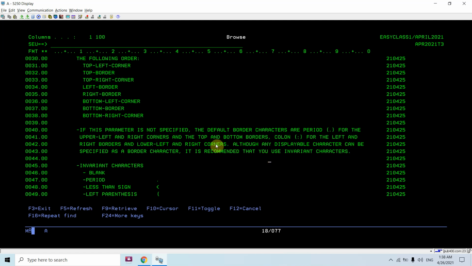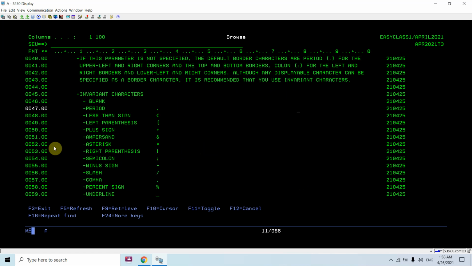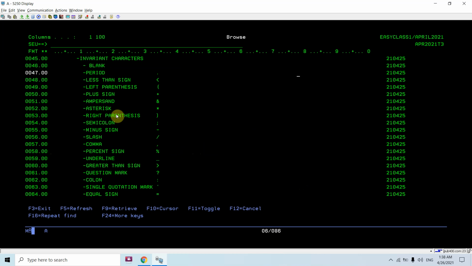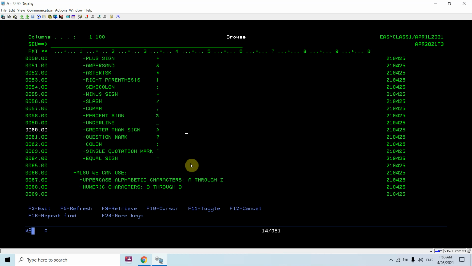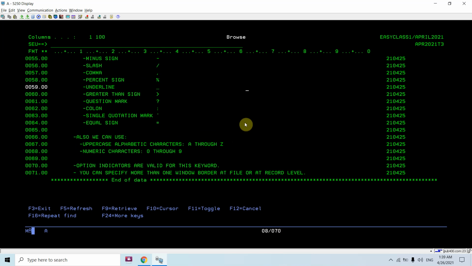Although any displayable character can be specified as a border character, it is recommended that you use invariant characters. So any character can be used here, but IBM recommends some invariant characters, which are these: blank, period, less than sign. All these signs IBM recommends as invariant characters. But of course we can use any other character as well.